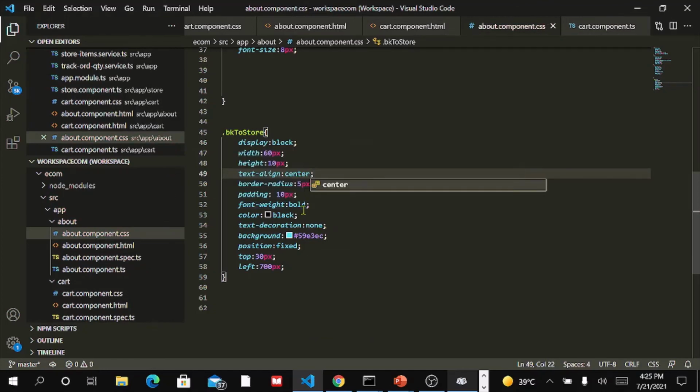Font weight bold will make the text bold basically. This is going to be the background. That's the color of the text and the symbol as well. And of course, our position is fixed. You can pause the video to copy the styling. Once it's done,